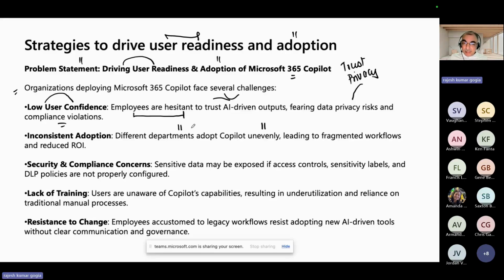Now, when it becomes inconsistent adoption, it leads to fragmented workflows, and the result is reduced ROI. And if this has not been taken care of, your sensitive data can be exposed easily, and there is a lack of training. So from looking at the problem statement, when it comes down to driving user readiness and adoption,